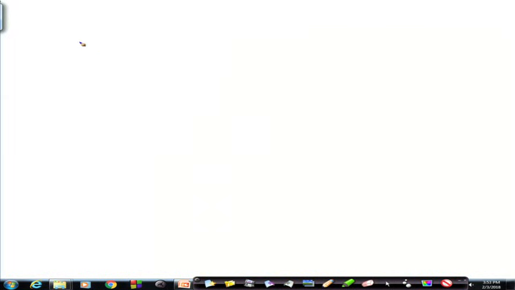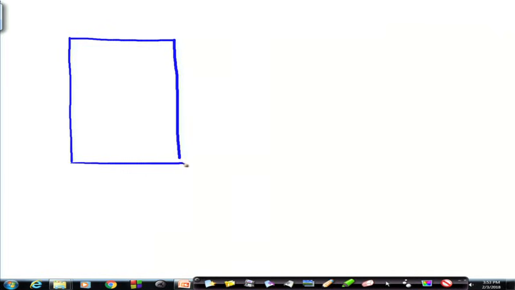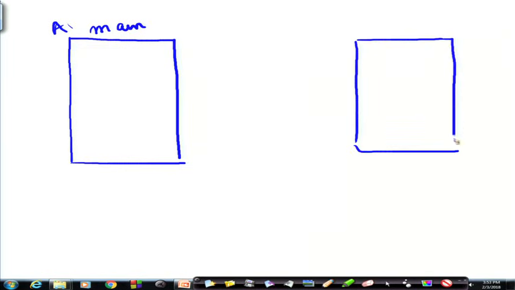So, here is main of A, and here is main of B. I repeat what I was saying till now, and this has got P, Q, R. Now, you must have realized what these PQRs are.